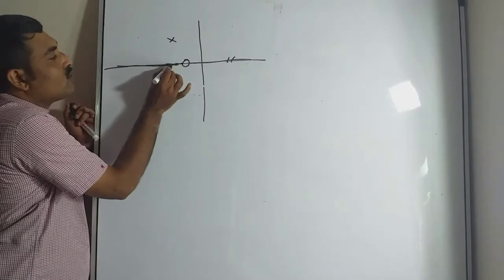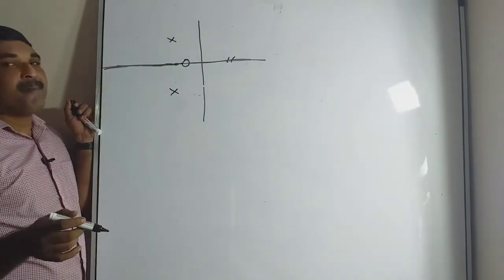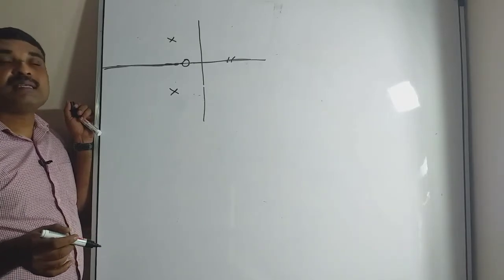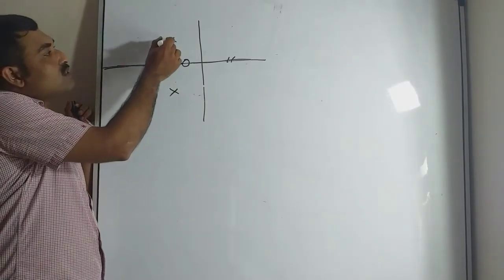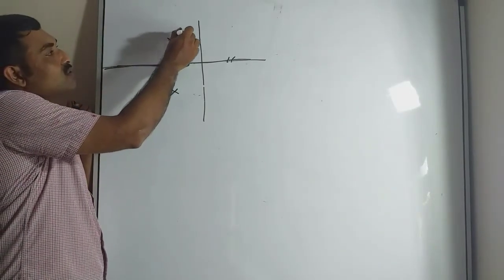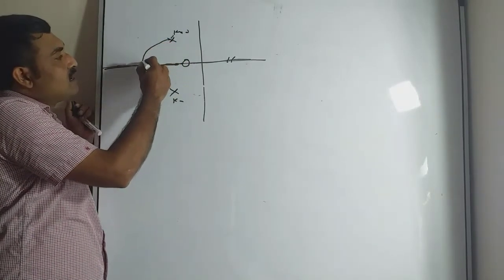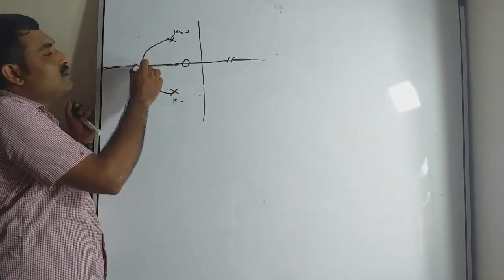So in general, this will trace a circle, but not a complete circle since these are complex conjugate poles. So the root locus will start from here at k equal to 0 and k equal to 0. This will move along a circular path and reach here. This also moves along a circular path and reaches here. This is a breakaway point.